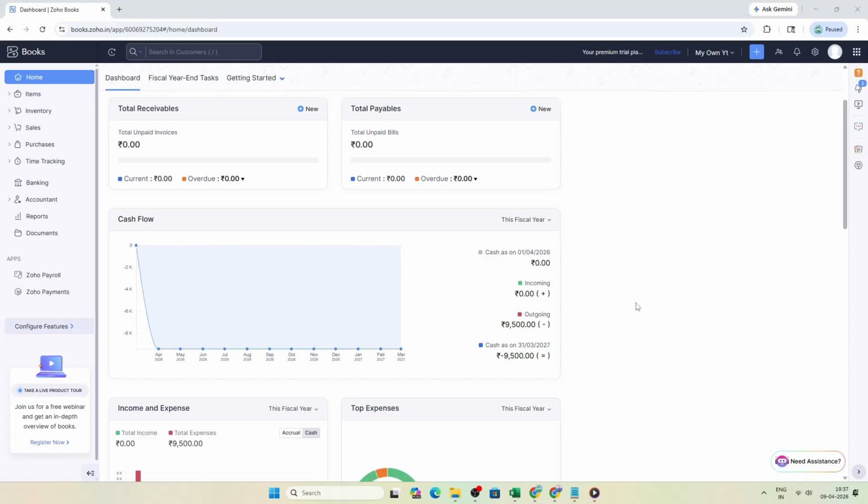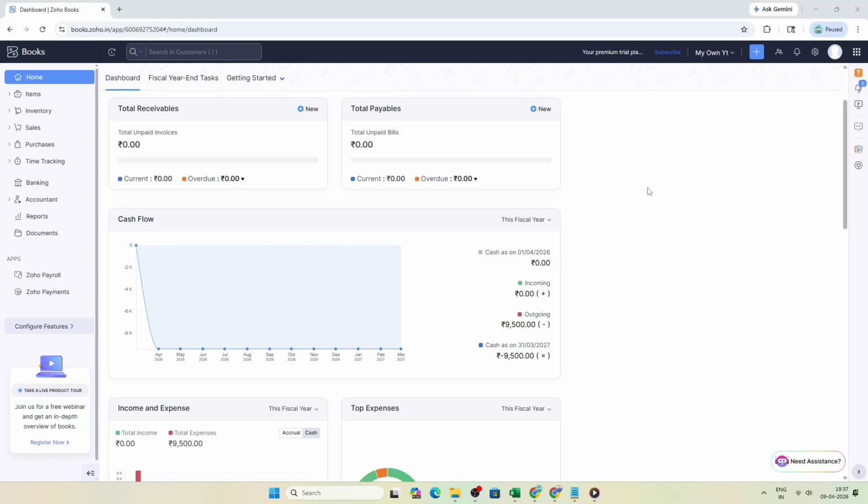In today's video, I am going to teach you how to add fixed assets in Zoho Books. If you are tracking items like computers, furniture, or equipment that provide value over multiple years, adding them correctly as fixed assets helps your books stay accurate and ensures depreciation is handled the right way. We'll walk through enabling the feature, finding the right place in the app, entering the essential details, and saving your